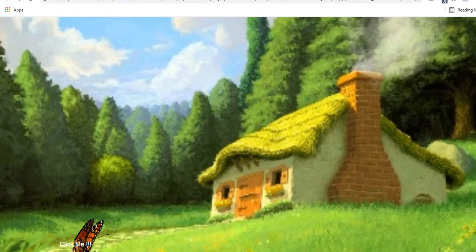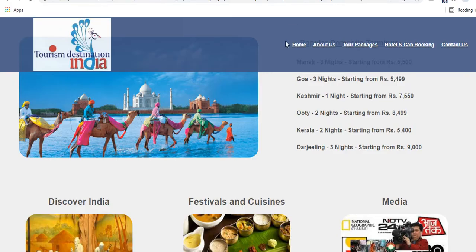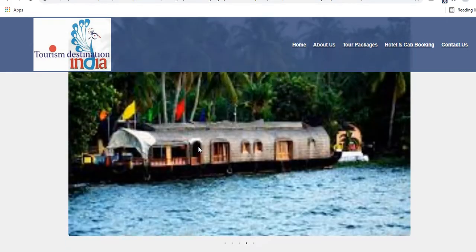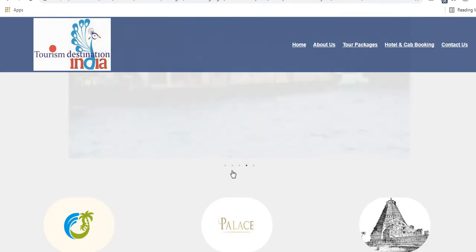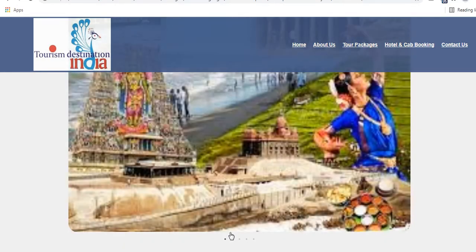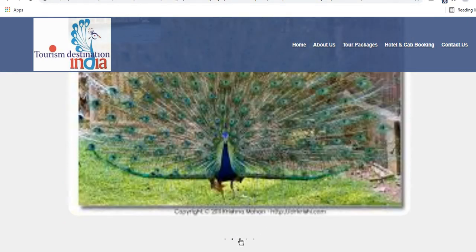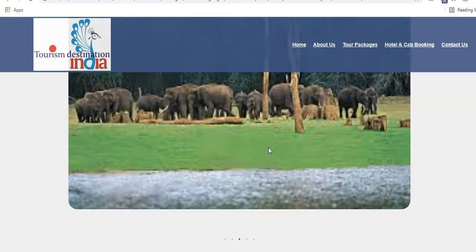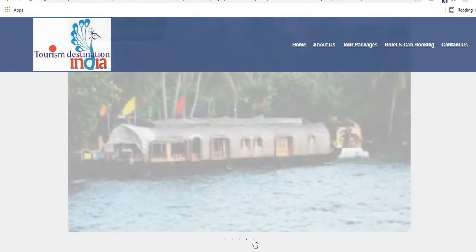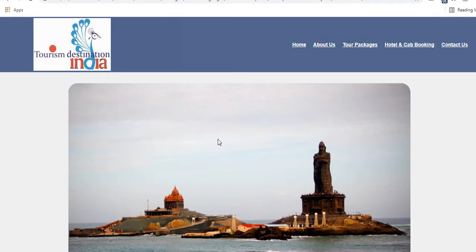But if you click like this, it goes to the next section in the same page, it will scroll down. I want to see the contact, so contact will be displayed. If I want to go to home, home. Here I have some 5 images. These 5 images have to change, it's showing some error, you'll see later on. If I click on this image, the next one will be displayed, and it will automatically slideshow: this peacock, sorry, this elephant, next a boathouse, and this Vivekananda rock.